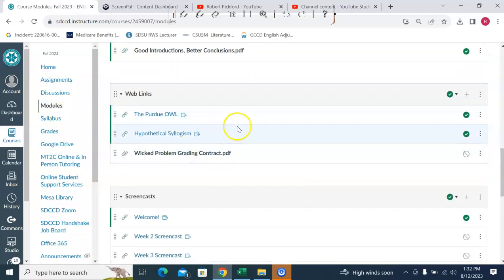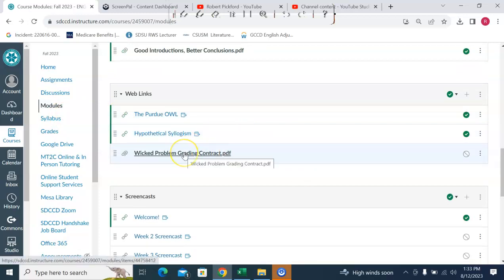A couple more web links, and the grading contract for that first writing assignment you saw a little earlier on the assignments page, which you can also see on the calendar page, by the way. All grading in this course is contractual. I list the requirements, and if you meet all those, you get 100% on that assignment. If you don't quite get all the way there, but you do fairly well, of course, you're still going to get a fairly good score. But I want to know if you're struggling, by all means.